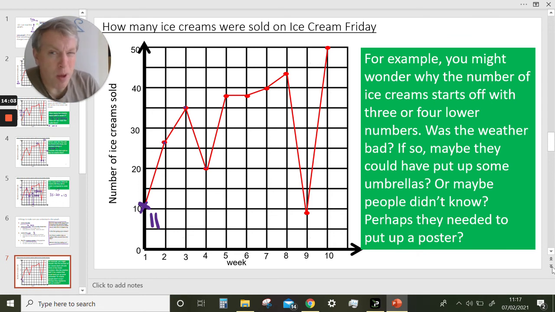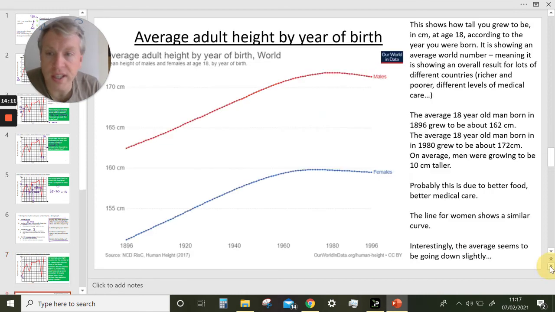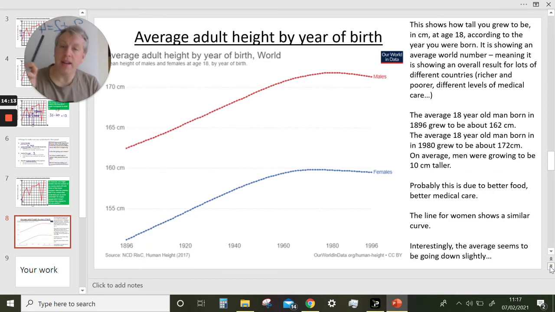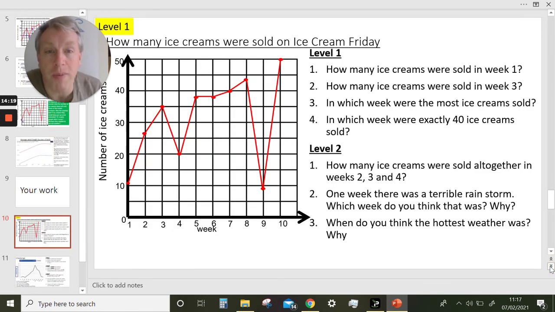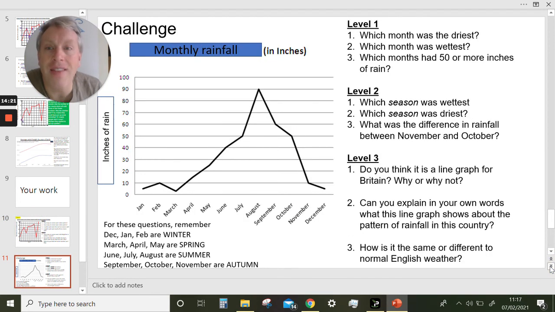Okay, now, in a minute, I hope that you'll have a look at the work. So it's your work. We've got some questions about Ice Cream Friday, and then we've got another level, which is a little bit more challenging, but I know that a lot of you can do this. And it's about rainfall, how much rain falls in the country. So you can stop watching the video now, or if you like, for another minute, I thought I'd show you